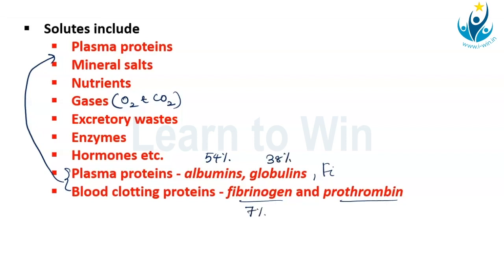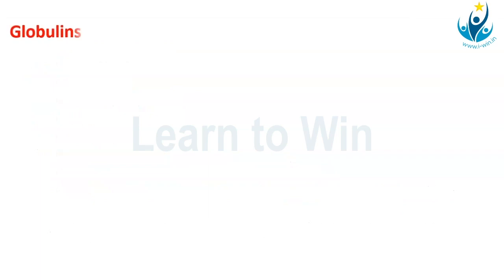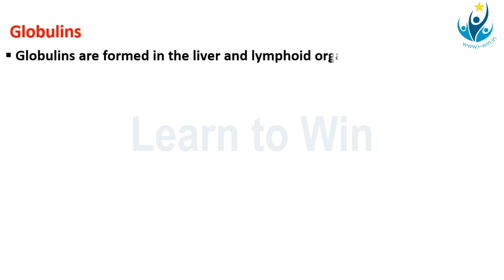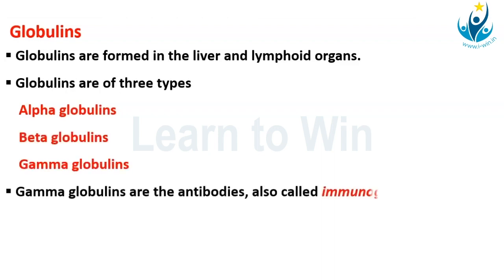Then you have 7% of fibrinogen, and prothrombin and other proteins, they form the 1%. They are all produced by the liver and they enter the blood. First we will see globulins. Globulins are formed by the liver and the lymphoid organs, and there are three types of globulins: the alpha globulins, the beta globulins, and the gamma globulins. These gamma globulins are the antibodies and are also called the